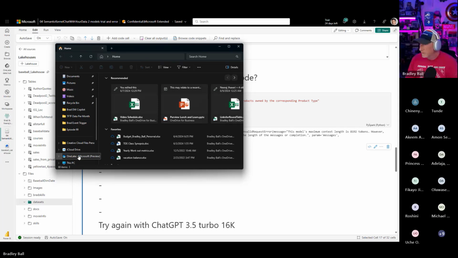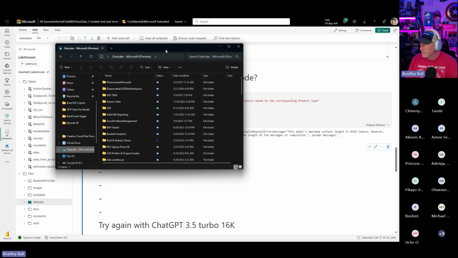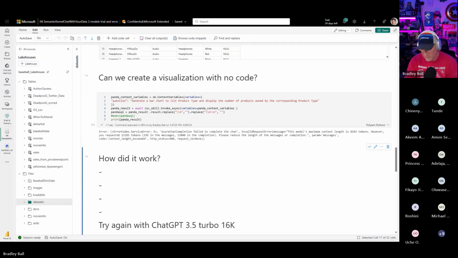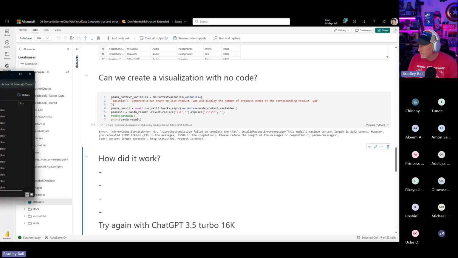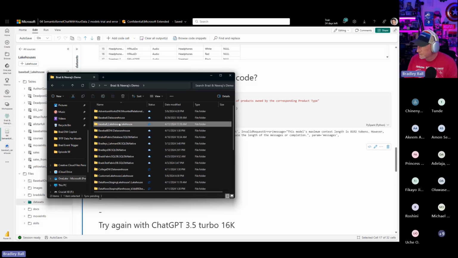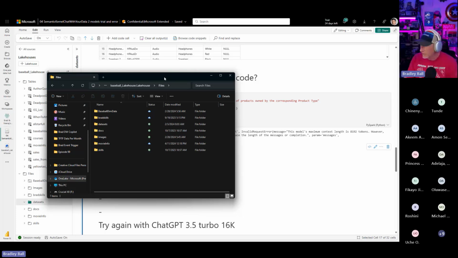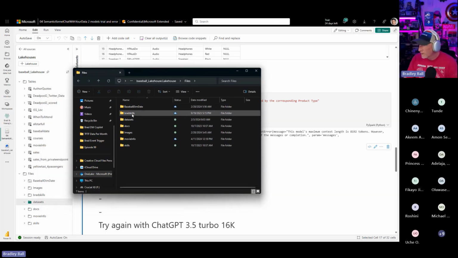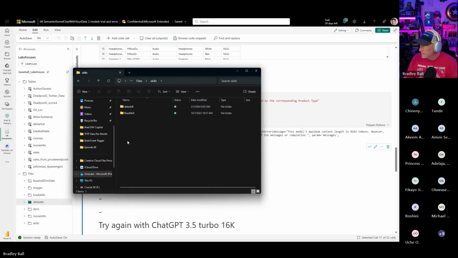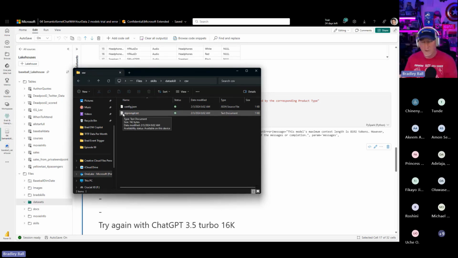Let's see, go to OneLake. All right, so I'm in my workspace, my lakehouse. I'm going to go to files, which you can see are right over there as well. And then I'm going to go to skills, data skill, CSV, because that's what we're using. I've got two values in here, a configuration that is just the configuration values we send through to the model.